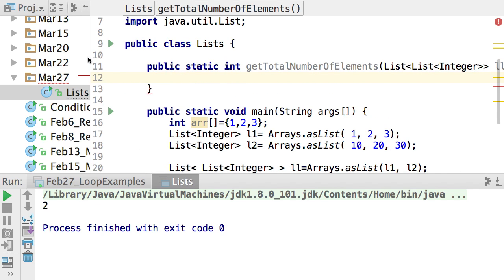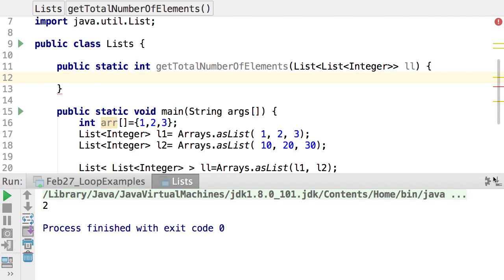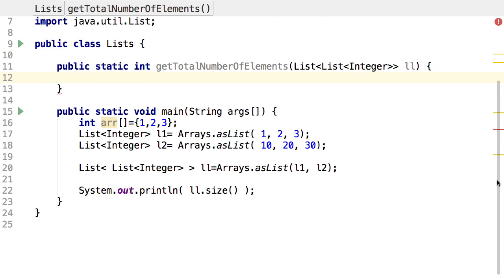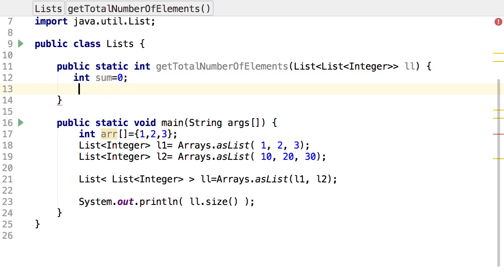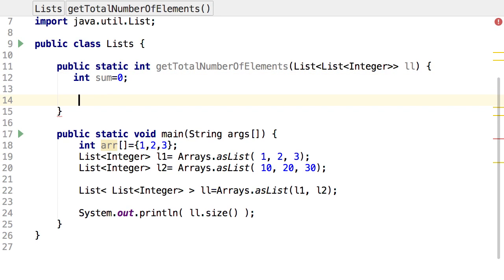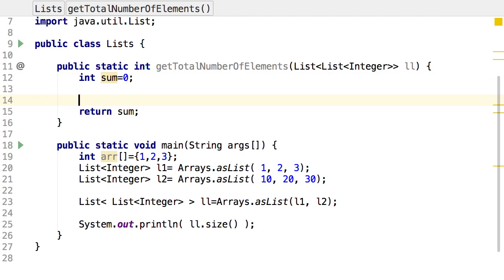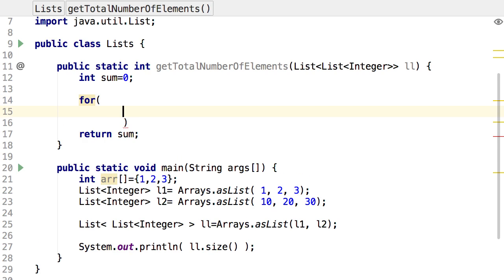How can I do it? Yes, right? I just go through all the elements in my list, and add up. So int sum equals 0. What's broken here? Is this broken? Yes. Which kind of for loop do we want to do? Iterable, right? We definitely want to do that. Well, it doesn't matter in this case, but